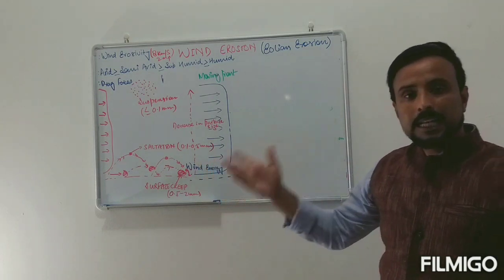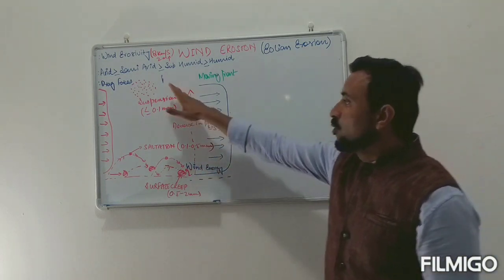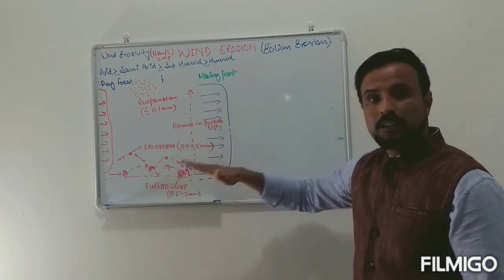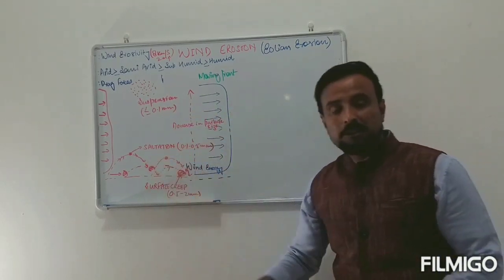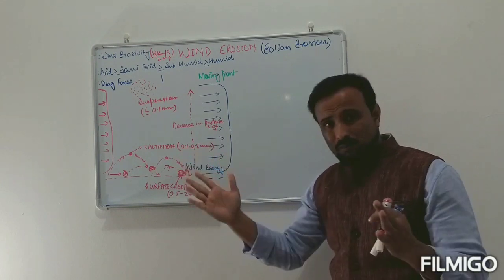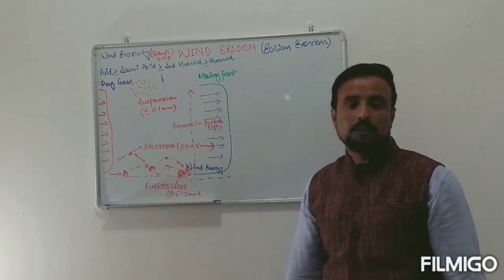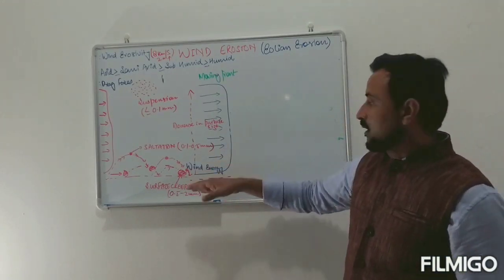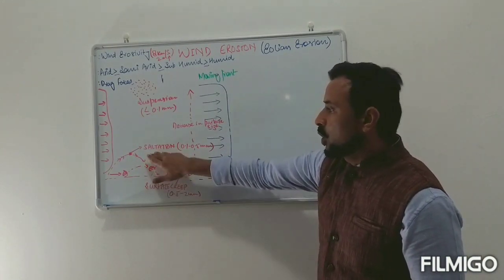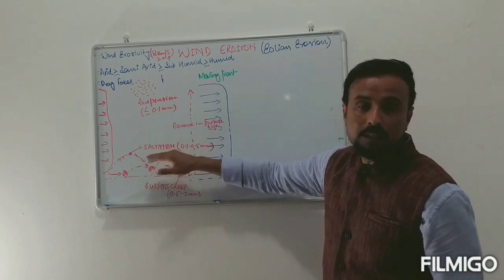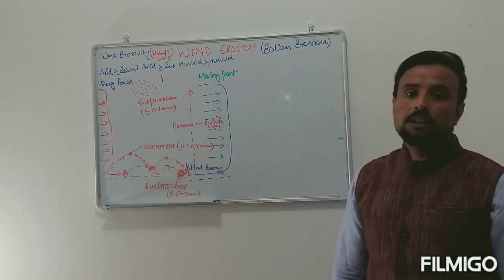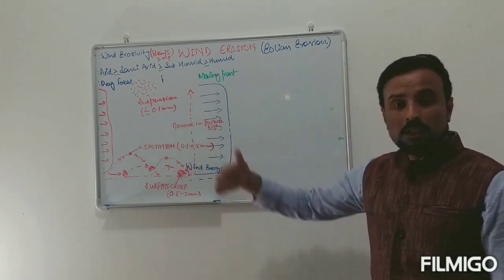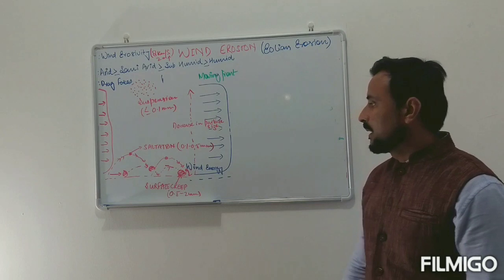Suspension particles create atmospheric dust and move on the top, right? And these saltation particles and surface particles, by rebounding, collide with themselves, and slowly they degrade, and surface creep particles may become saltation particles. And these saltation particles, after colliding with each other and rebounding, can become suspension particles also, right? So this is the movement of